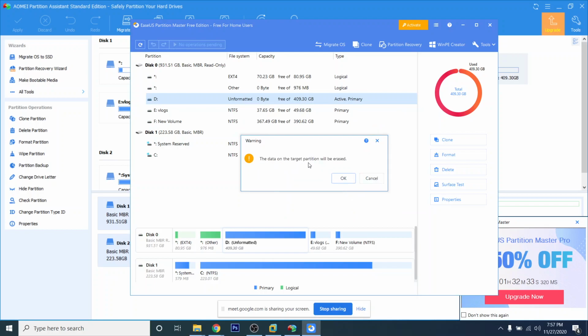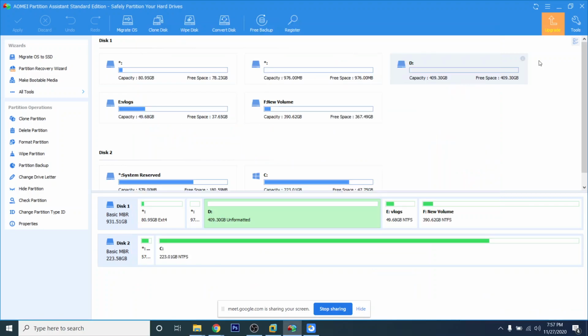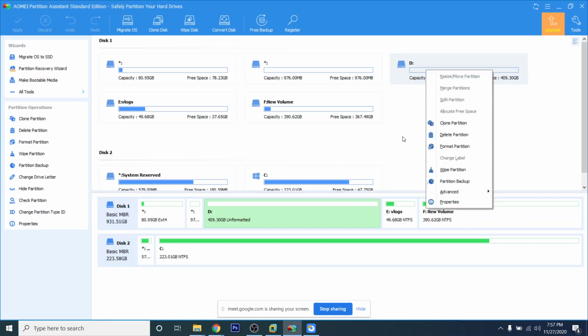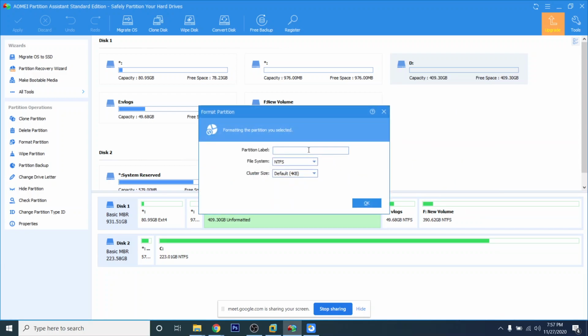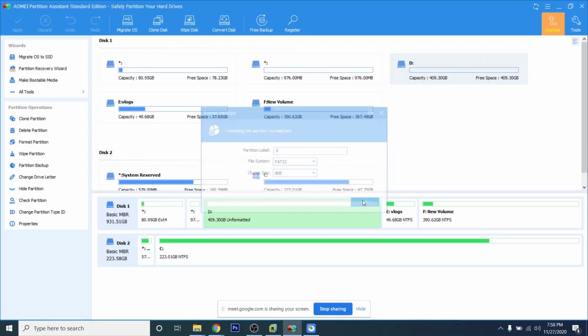The data on the target partition will be erased. Okay. The operation did not complete because the media is write protected. This means the media inside my drive is write protected, so it cannot format the drive. But I tried a similar method with AOMEI, and I don't know what algorithm it used. It deleted my complete partition. It basically corrupted my whole partition. I just clicked on partition, named it anything, and clicked on 8 KB,